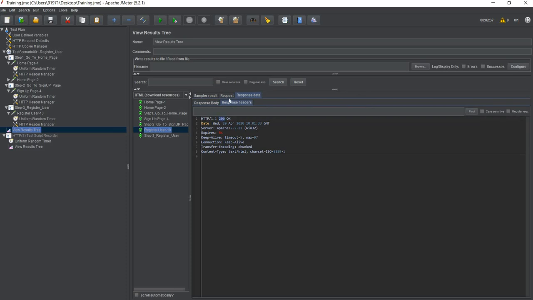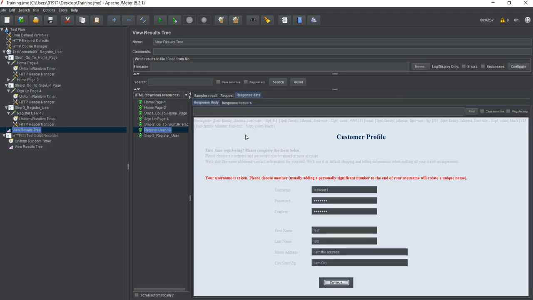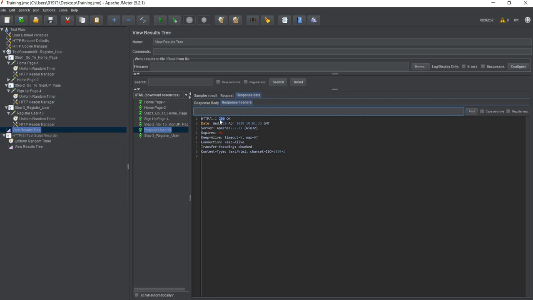So one thing which is important to understand over here is that there might be a scenario where you give a request and you are expecting a response. As a tester, it is important for you to understand the importance of the response. So here, you gave a request and the response is that the username is taken, and still the server is giving you code 200, which means the request was okay.